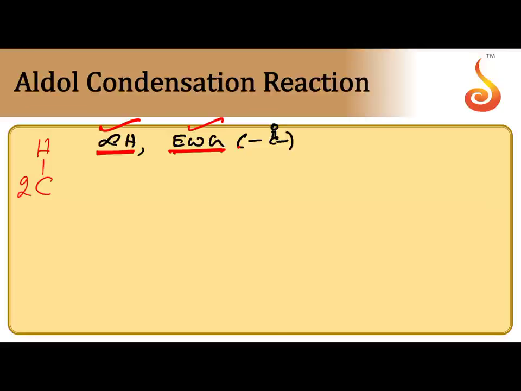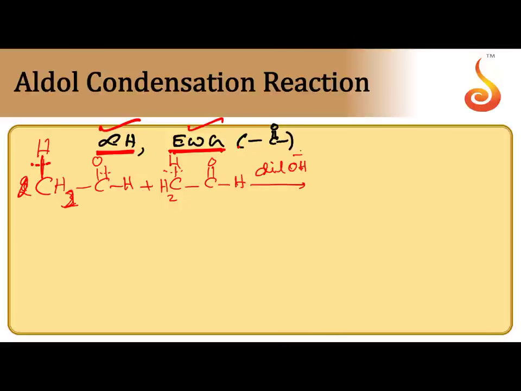So in the aldol condensation, two molecules of aldehyde undergo addition followed by elimination to give unsaturated aldehyde. Let us take two acetaldehyde molecules. You break this CH bond and CO pi bond. Two molecules get combined in the presence of dilute alkali. The percentage of the alkali must be less than 20%. At this time, these two molecules undergo addition reaction, producing a specific compound.